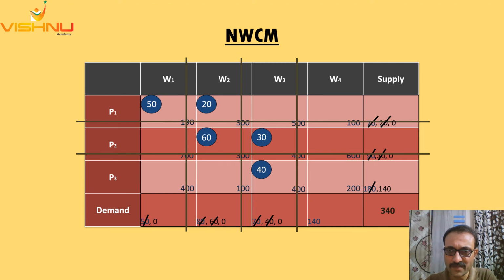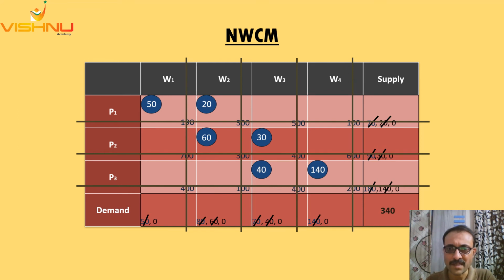So now that we are left with just one cell, obviously the totals in the column as well as the row would surely show the same figure, which is 140 in this particular case. So we identify this is the cell that needs to be transported next, and 140 units is the transportation. Both these totals get reduced by 140, bring them down to 0 and strike off the column as well as the row. Now this completes our transportation identification under the NWCM method.